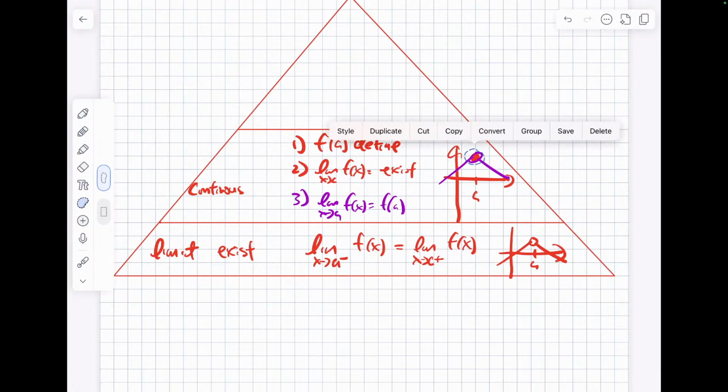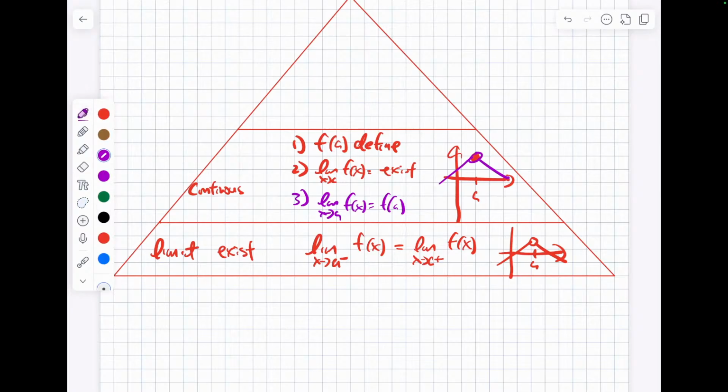So I can move to where here? This is continuous. Questions? Now, what's the last one? Last one, this is all something that we knew about already. The last one is